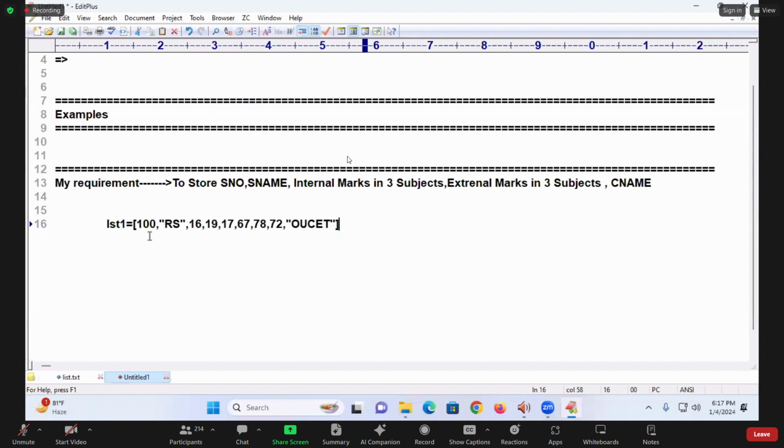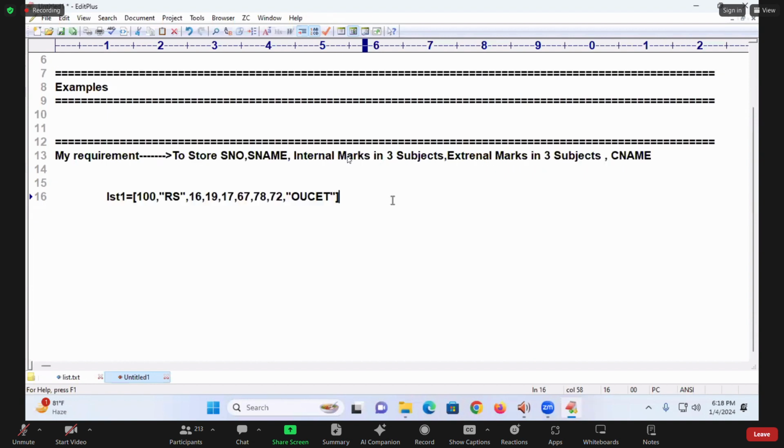These are all called what? Combined together, everything written in one place. There is not much meaning in that. Okay, it is compiled and executed, no doubt in that. But today I want to write it differently. Something like LST1 is equal to 100 and then RS, and